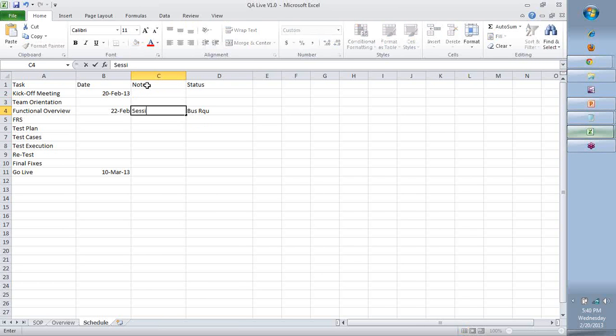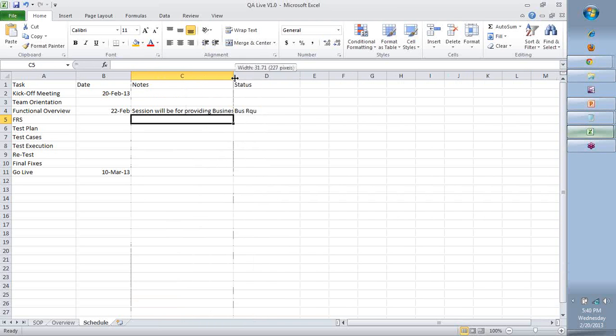This session will be for providing business requirements. I will tell you what my requirement is. You have already seen it, but I have a lot of problems with my existing applications. So I will give you my requirements, what it is. Clearly, you will please start documenting from there. You're working on my project. Please note this.